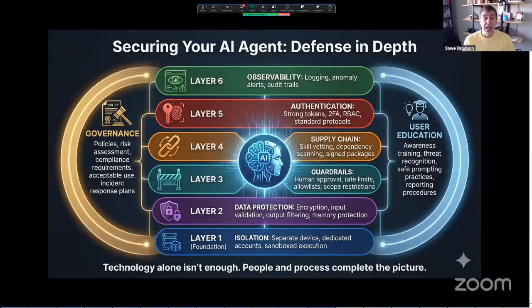Now what I've done is I've built a stack here that's focused on OpenClaw specifically. We're going to start at layer 1 and move up to layer 6, and talk about those controls. At that point, I'm going to open this up. My apologies, this is going to be pretty dense and pretty technical. I'm happy to take questions in Q&A, but I also invite you to send me a question, or link with me on LinkedIn and set up a call and we can talk about it further.